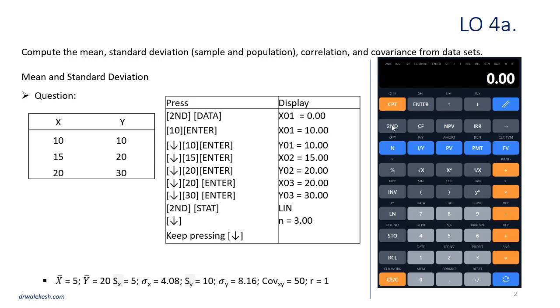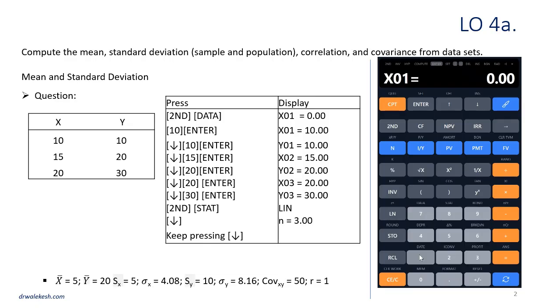Here, we are interested in computing the standard deviation of x and y, both sample standard deviation and population standard deviation, the mean of x and y. We are interested in computing the correlation between x and y. So let's get started. Second function, data,